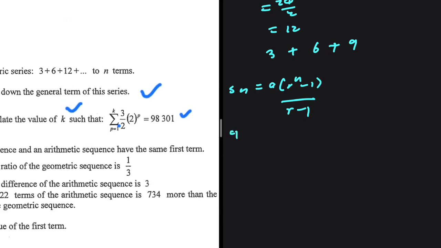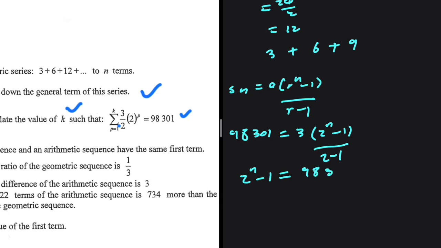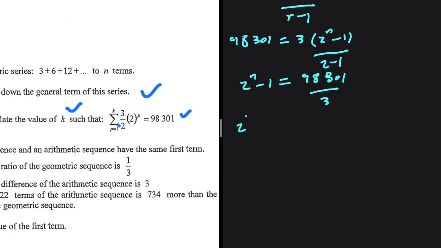Okay, so what is the value of n for which we're going to have a sum of 98,301? Let's find out. A is the first term, which is 3. R is the common ratio, which is 2. So 2 to the power n minus 1, everything divided by r minus 1. So that is 2 minus 1, which is just 1. Okay, so we're going to have 2 to the power n minus 1 being equal to 98,301 divided by 3. Okay, let me put that in my calculator real quick. I'm getting 2 to the power n minus 1 being equal to 32,767. If I take minus 1 to the right hand side, I'm going to get 2 to the power n being equal to